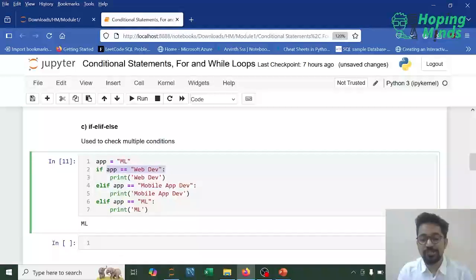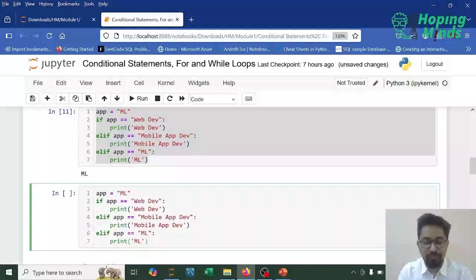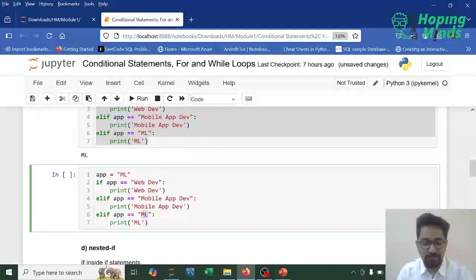This is the first condition. Only if this condition is true, this gets evaluated. This is the second condition. If the first condition is false and the second condition is true, then this gets evaluated. If the first is false, second is also false, but the third is true, then this gets evaluated. What if all of them become false? So if all of them become false, now maybe over here I can write, let's say, web dev,